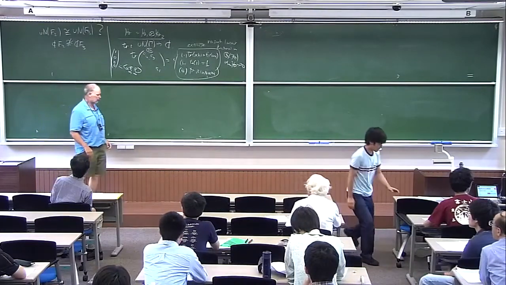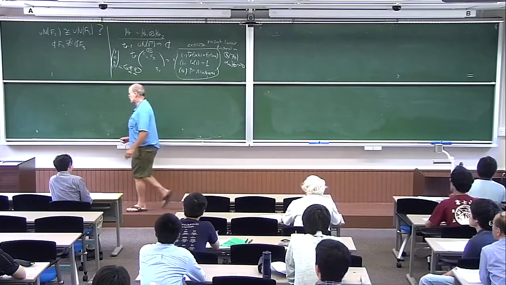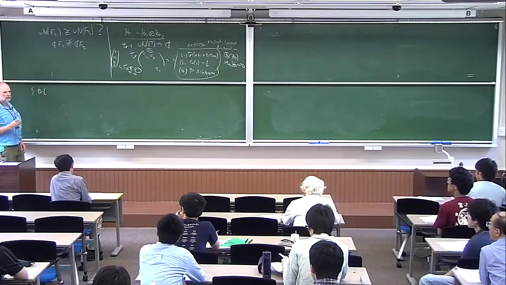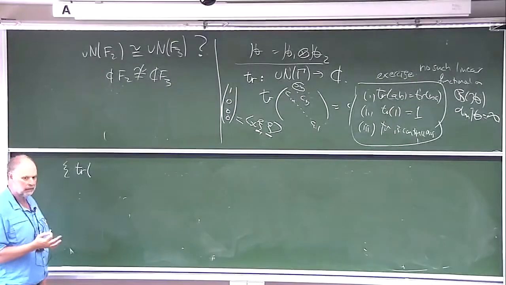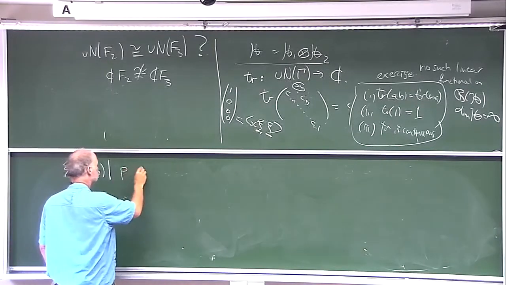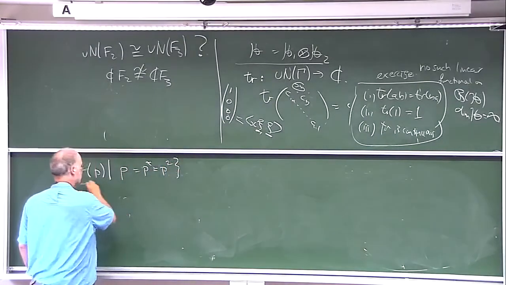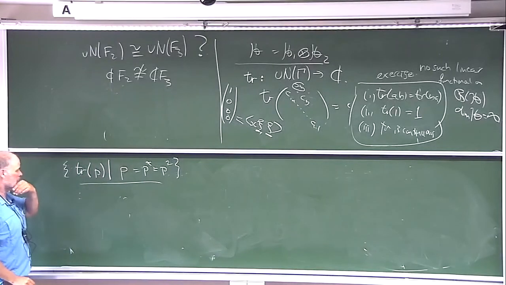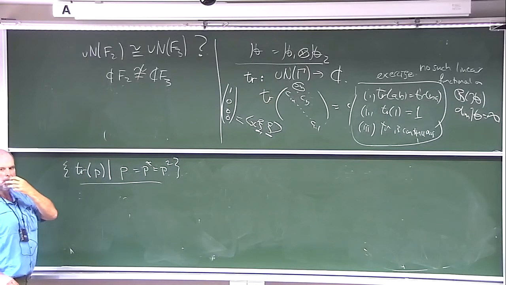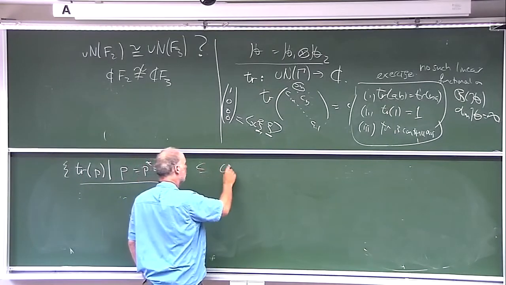I want to emphasize the first wonderful feature of II_1 factors, and that is we're going to study the following question. Remember, II_1 factors come with a trace. What I want to do is study this set, a set of real numbers. We want to take the projections, and look at their traces. And what does this set of real numbers look like? Well, obviously it's contained in